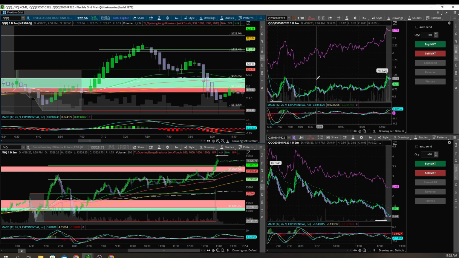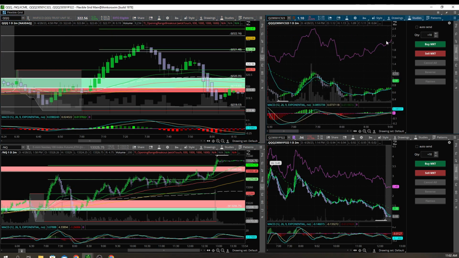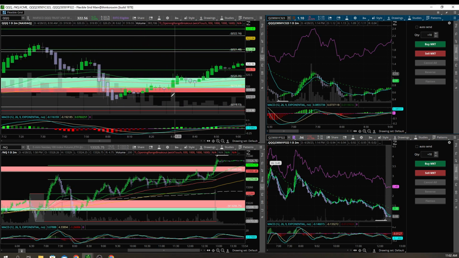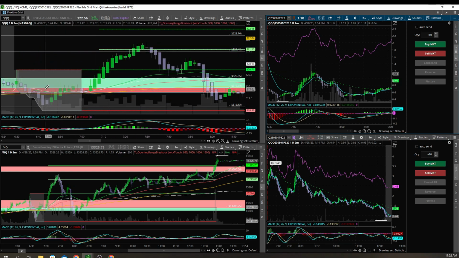I did not. I believe I took one. This is a different contract, but I took one around here where my supply and demand zone were marked in. I ended up getting out of this position at about 320.35 where I saw resistance. Then the final out was the line above, where I took my final profit. I could have ridden it up, but I also could have held it all the way back down. So when we're taking entries, we really want to look at support zones, resistance zones, and supply and demand areas.